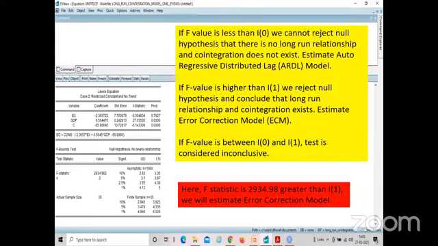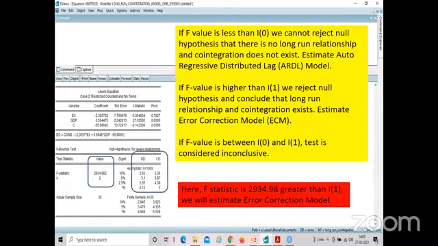Therefore we will be using the ARDL model. But if the F value, this value, is higher than I1, then we are going to use the VECM model. Wait, I know you are getting disturbed.